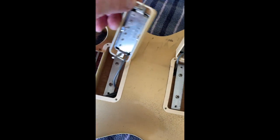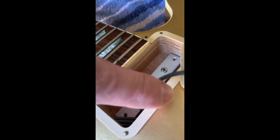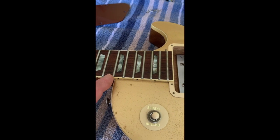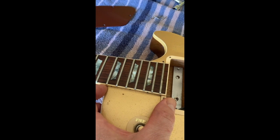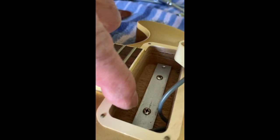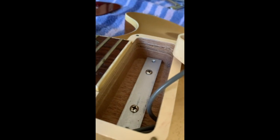Pulled the pickups out, and straight away the guitar nerds amongst us will notice there's no evidence here of the neck tenon extended into the body cavity, but it still seems to be quite a good chunk of wood that supports the neck, so I don't expect to see any problems with neck stability there. And also, interestingly enough, definitely got a mahogany back. You can see in the bottom of the pickup route, that is definitely mahogany type wood, or of the mahogany family. But interestingly, we've got what looks like a